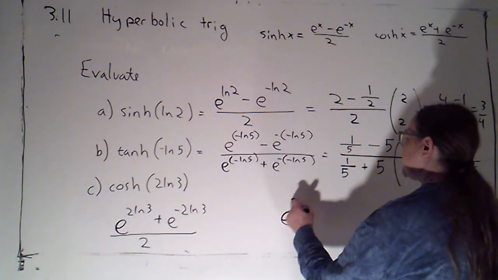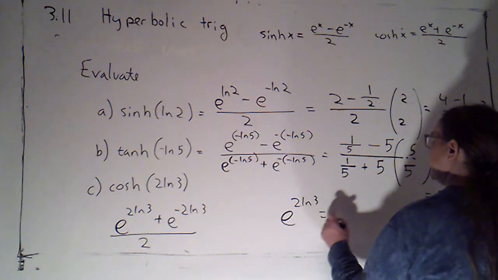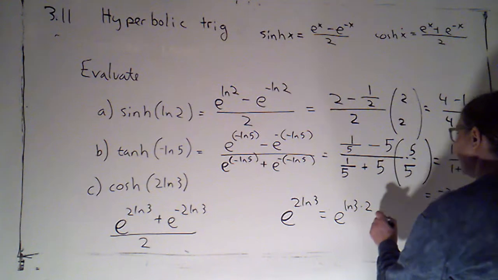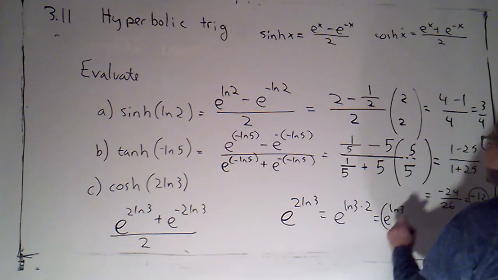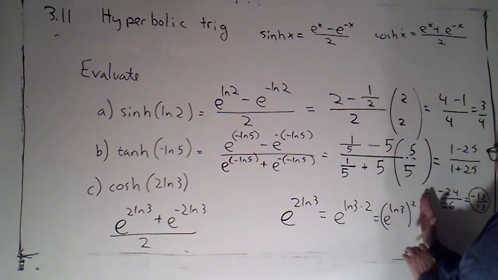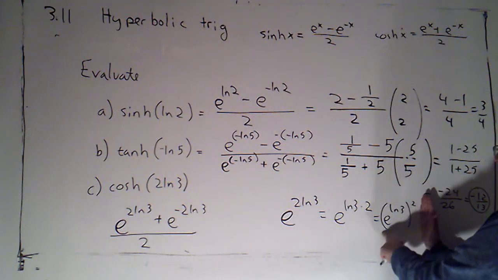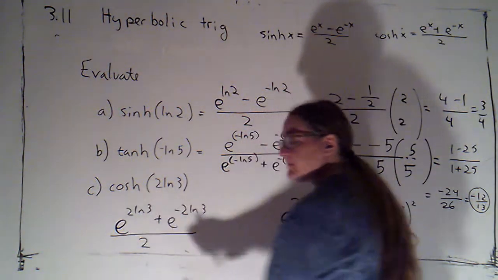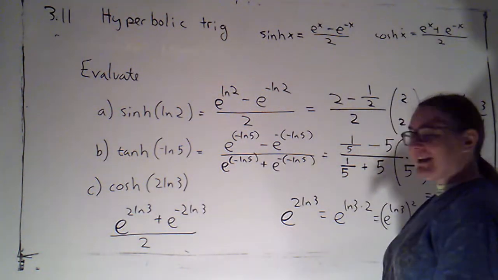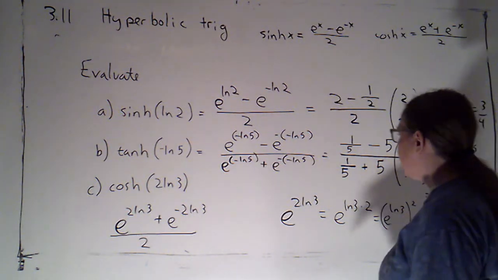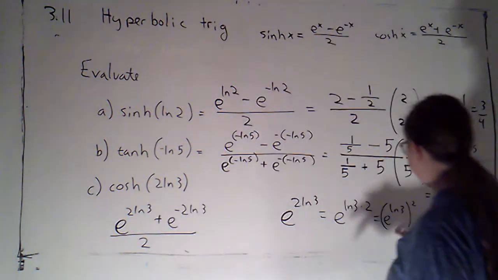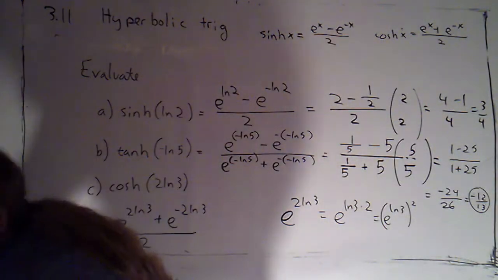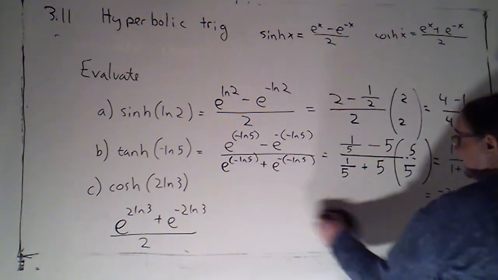If I have e to the 2 natural log of 3, that's the same as e to the natural log of 3 times 2. I can multiply in either order, but that's e to the natural log of 3 squared. Because I know that when I have a power to a power, I would multiply the exponents. So if I see that in the exponent position I'm multiplying, I know I can interpret that as a power to a power. So if I take e to the natural log of 3 first, that's just 3, and then I can square that. So that's going to give me 9